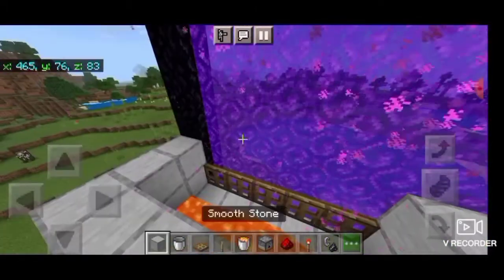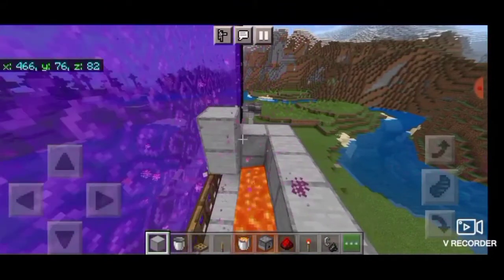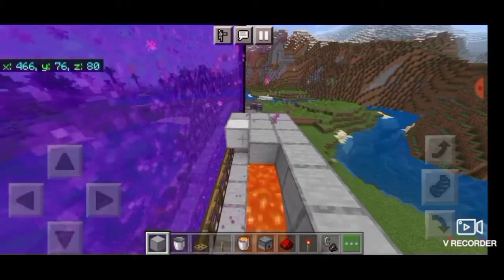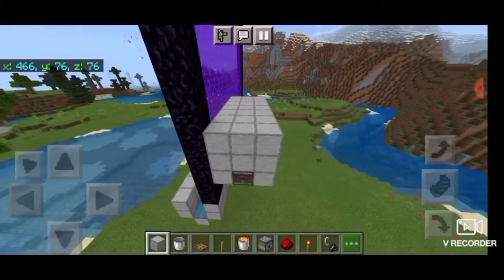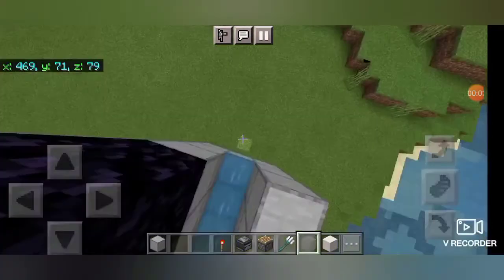Boom. It started working. Excellent. I thought I forgot it for one sec. Try not to go inside the portal while you're doing this. Boom, and it's done. So guys, for the trident killer, I'm going to be doing a 2x2 trident killer, which